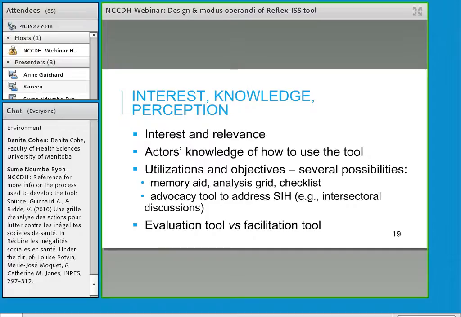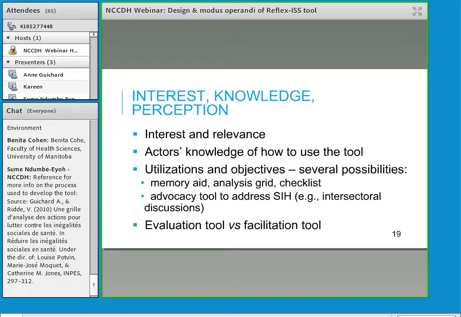We found that there was a strong interest in the tool because it was perceived as helping to identify key elements on social inequalities in health at different stages of a project, that is to say, planning, implementation, and evaluation. While respondents were familiar with most of the concepts used to carry out the study, they stated that the tool should help raise or rekindle stakeholders' awareness about those issues.